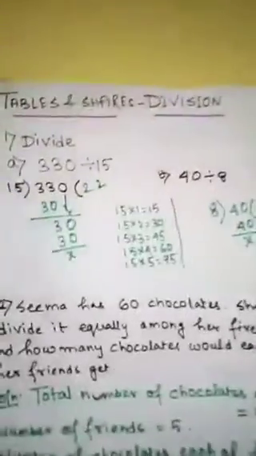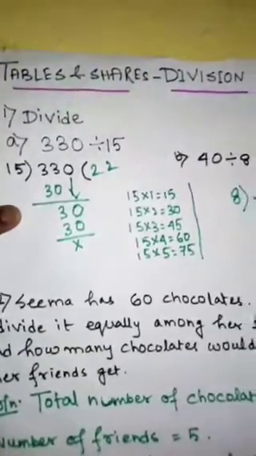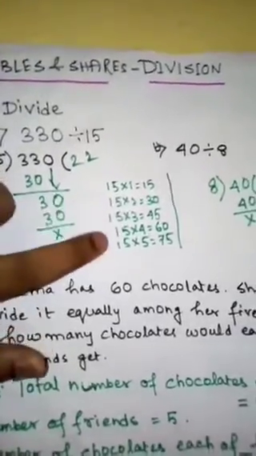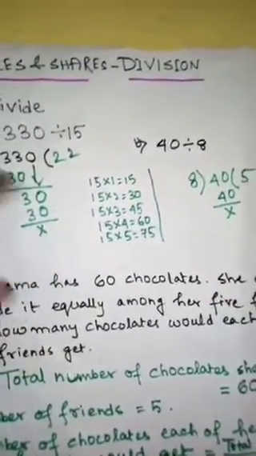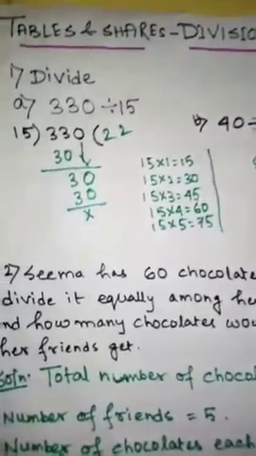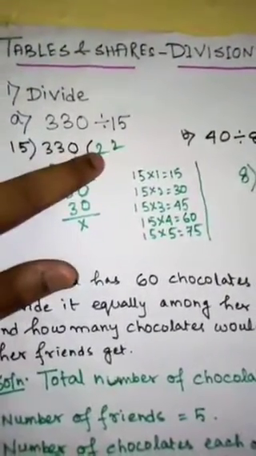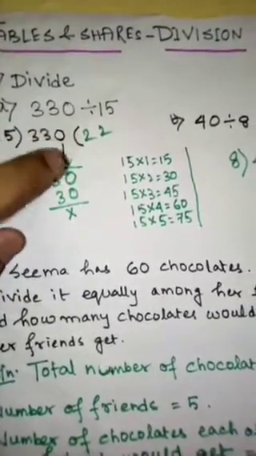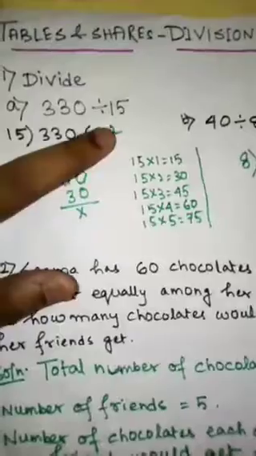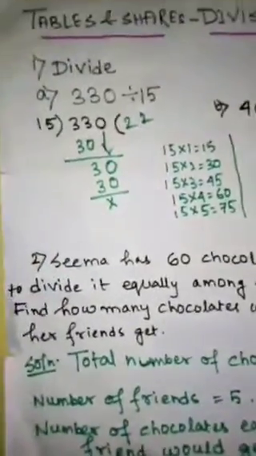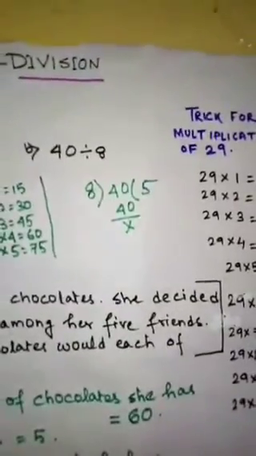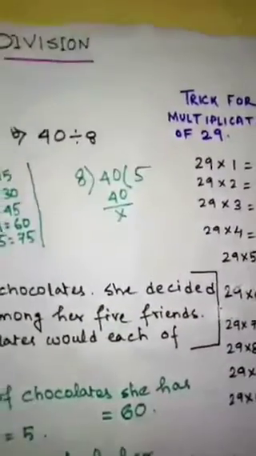Now if we start from the beginning of what we learned today, we saw that here you have to divide 330 by 15. What you did, you wrote down table steps up to 5 for your easy division. Then you saw that first you put 2 in the quotient, you got 30 over here, subtracted the value, got 3, put down 0 from here. Again you put down 2 in the quotient to divide it, and finally you got the value as 22. Similarly this sum is also very easy. It can be done very easily.